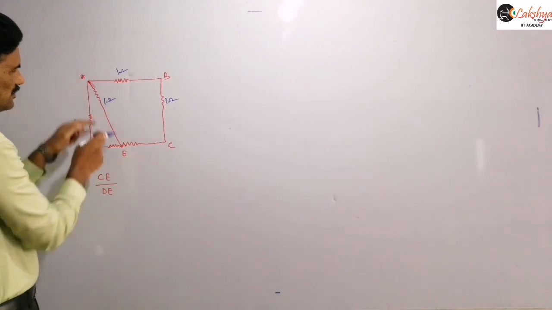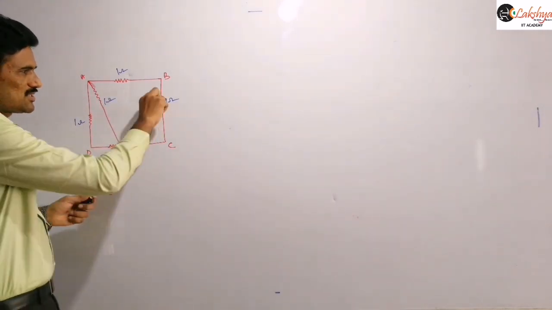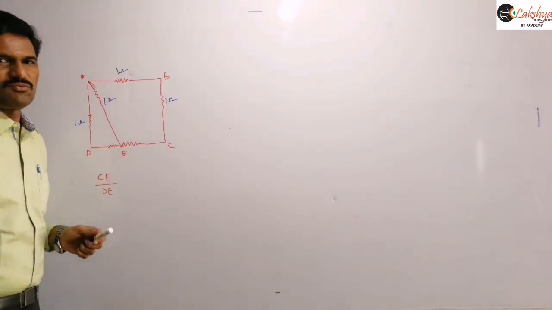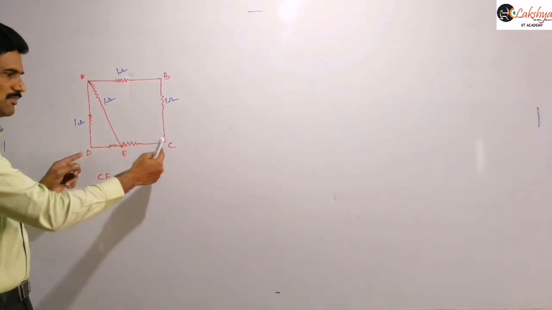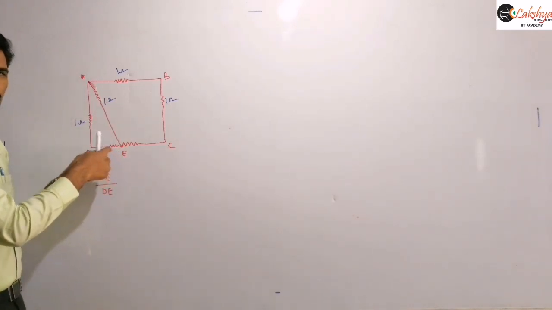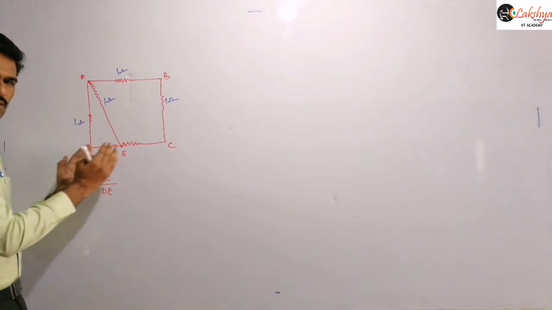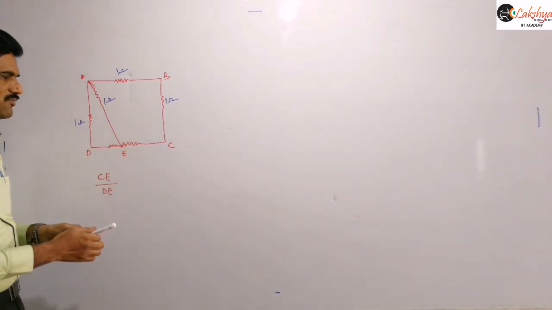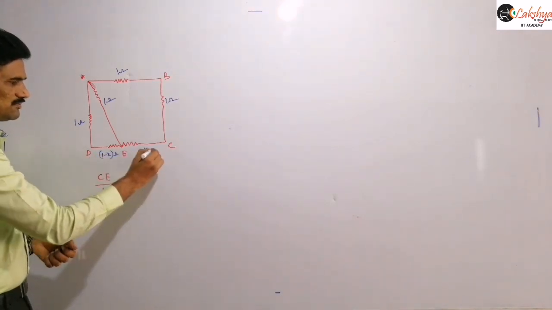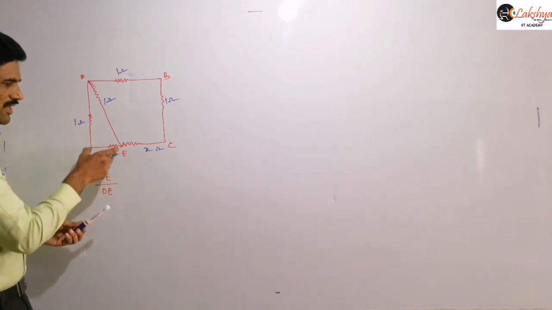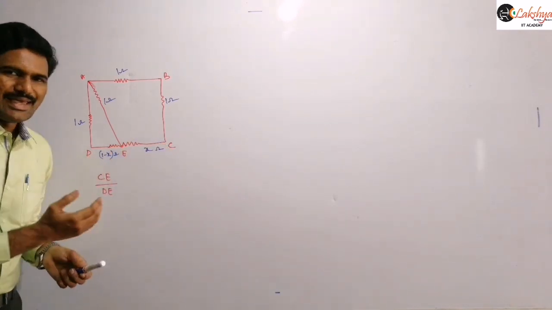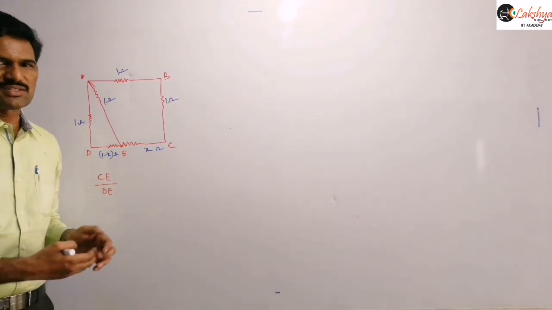This is a uniform wire. Uniform wire means not only resistance is there here, I am just representing the resistance symbol. So throughout this wire, the total resistance will be 1 ohm. Similarly between C and D, the resistance will be 1 ohm. We are making some contact at some point E here, so DE will have one resistance and CE will have one more resistance. Suppose I take this as X ohms, then this resistance will be 1 minus X ohms. Is it clear? Because we are making the contact here, we are dividing the wire. So we need to find the ratio of X by 1 minus X here.